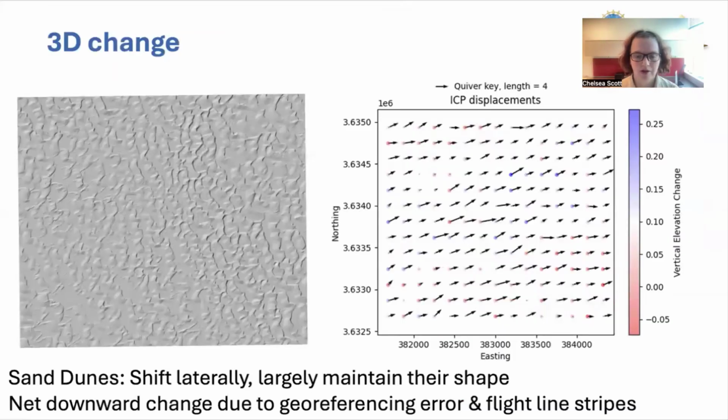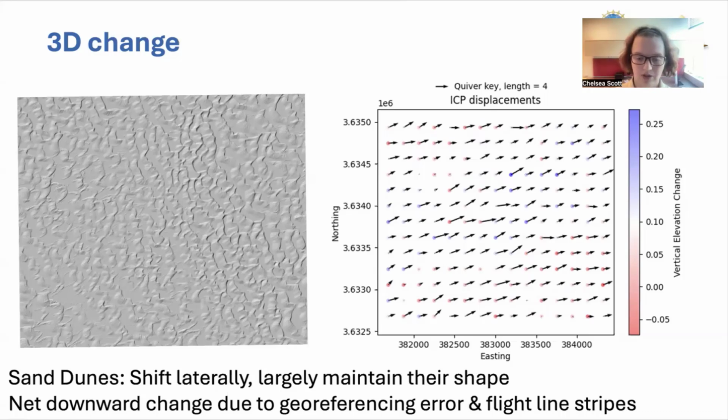And so here are the sand dunes. Again, they shift laterally towards the northeast, which you could hypothesize based on the shape of the sand dunes. And in the vertical results from the 3D change, recall that there is going to be this net downward change due to this georeferencing error, as well as flight line stripes,